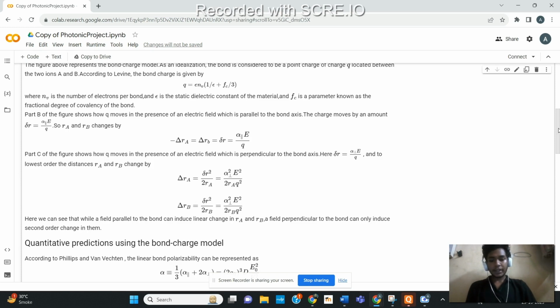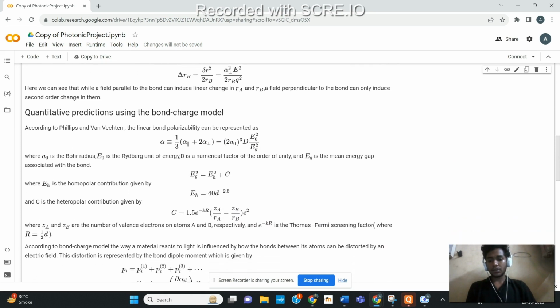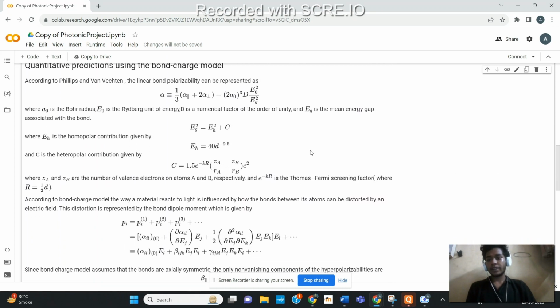The quantitative predictions using the bond charge method. According to Phillips and Van Vechten, the linear bond polarizability is represented by this equation, which is α = 1/3 (α-parallel + 2α-perpendicular), which is equal to 2(a0)^3 d E0² by Eg², where a0 is the Bohr radius, which is 4πε0 ħ² by m e², and E0 is the